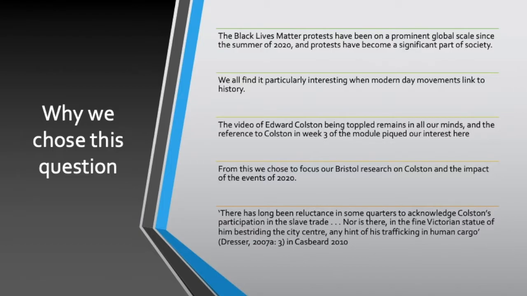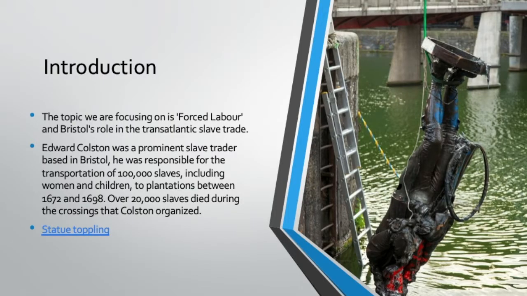We chose to focus our research on Bristol and, in particular, Colston, and the impact the events of 2020 had on the legacy and representation of history in Bristol and the effect it had on the city. Over the course of this module, we have been presented with a number of themes surrounding work in Bristol. The aspect of work we have chosen to focus on is forced labour. We felt this theme of work posed the most interesting questions to us in initial study, and is a thought-provoking area to look more deeply into due to issues such as modern-day slavery and heightened attention surrounding the Black Lives